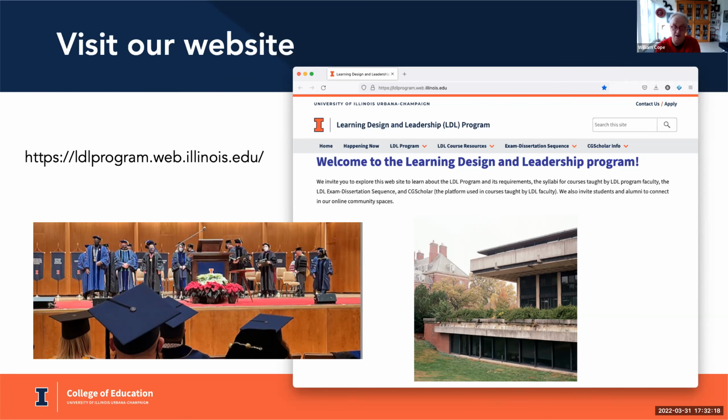So what effectively happens is people sometimes start with the master's and then move over. That's actually quite a good way to go: to apply and enroll for the master's and then move over. And we give priority to those already in the master's program when moving over to the doctoral program, because they're shared courses. Every single course in the master's program is also part of the doctoral program. So that kind of answers your question. As I say, there's a lot of interest and a lot of demand.